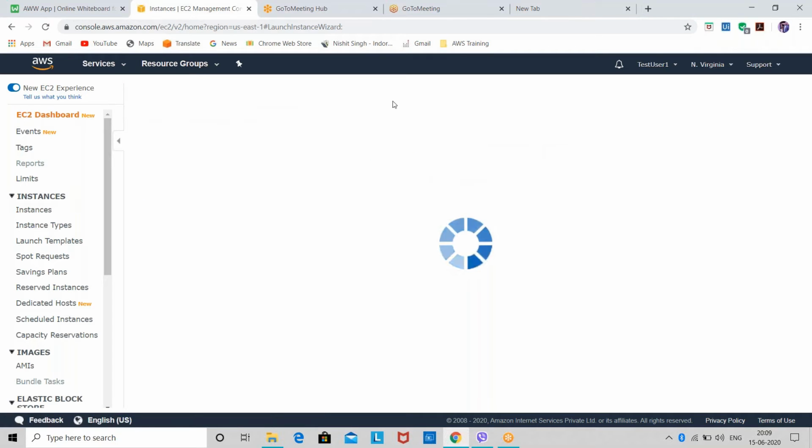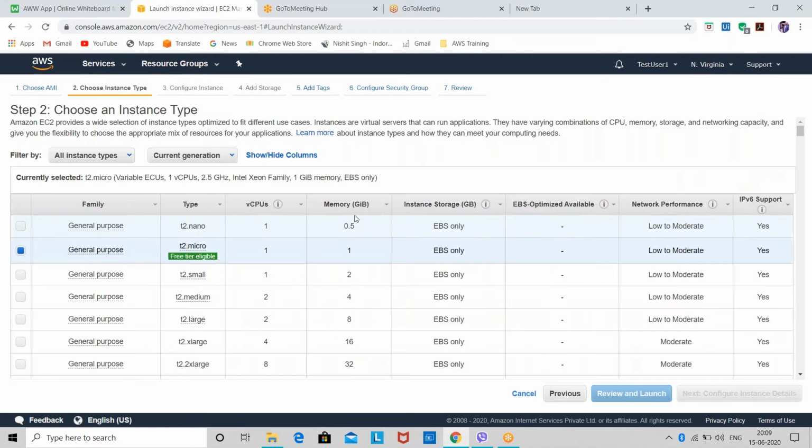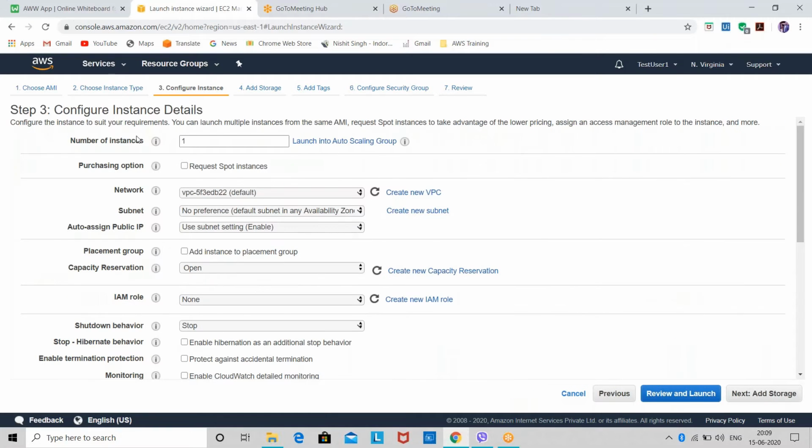I hope you guys remember how we can create an EC2 instance. I'll create a Red Hat instance. On this particular instance only, I'll show you how you can host a dynamic website later on, as soon as we do ELB, auto scaling, and all these kinds of things. So I have selected this, then I've selected this free tier eligible hardware. Then I'll select the configuration page. Here I don't want to configure any of the network settings, so I'll quickly go next.